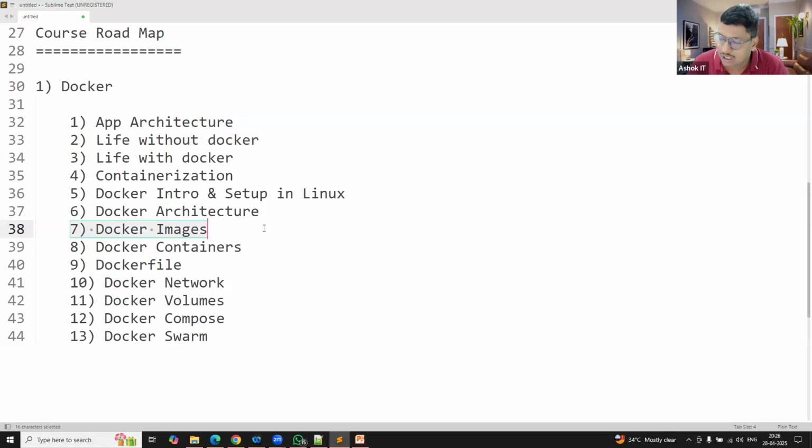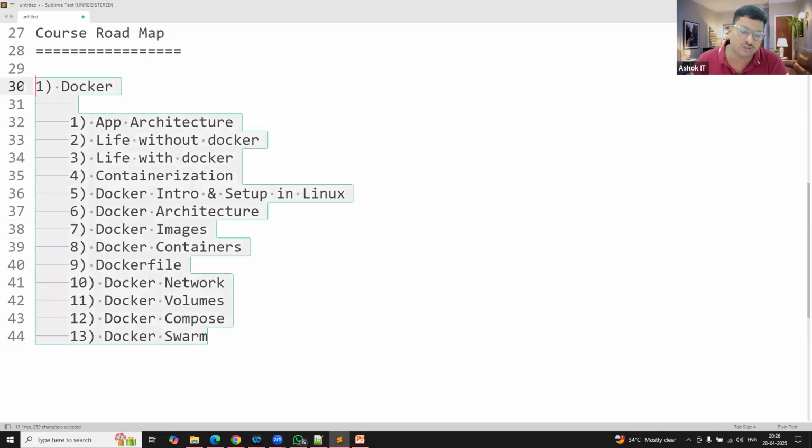Then what is a Docker image? How to create Docker images, how to work with them, what is a Docker container, how to create Docker containers, what is a Dockerfile, how to write it, Docker network, Docker volumes, Docker compose, Docker swarm. These are the topics we are going to discuss as part of Docker.